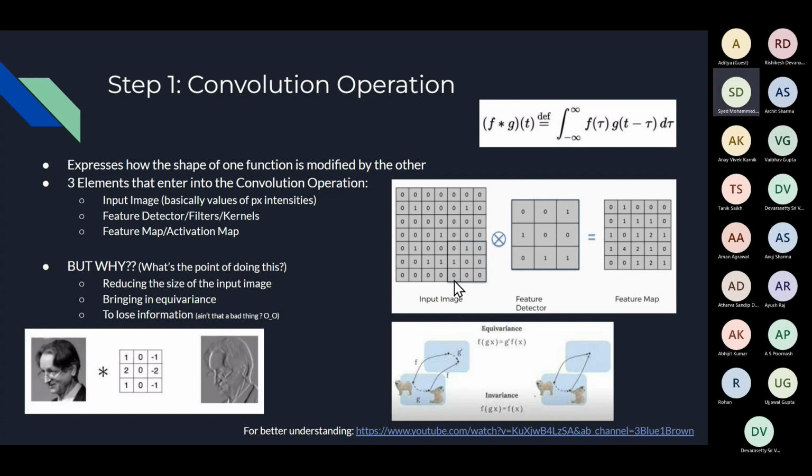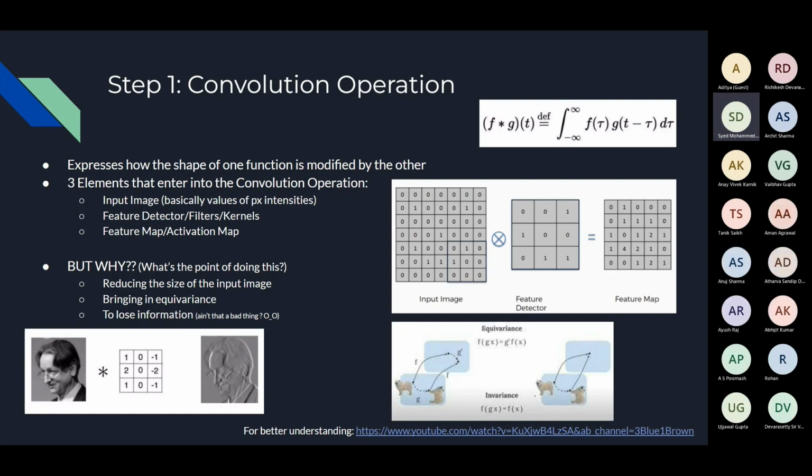Yeah, okay. So that's how the convolution operation takes place, right? Then again, quite a normal question. Even I had this question in mind: why do this at all? Well, one thing is that we are actually reducing the size of the image. As I told earlier, we had the problem of computational power. So yes, we are reducing the size of the input image, and we are definitely losing a bit of the information, but